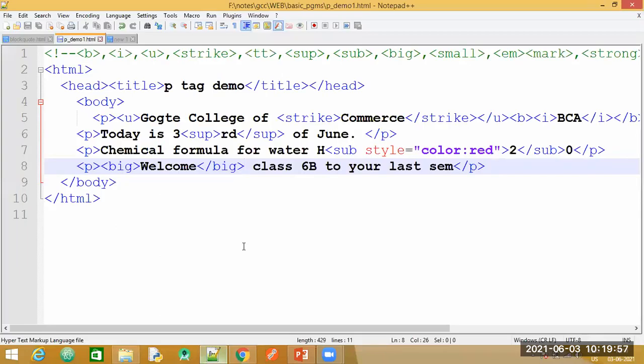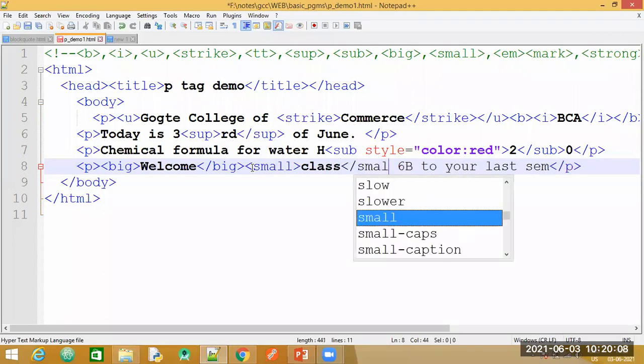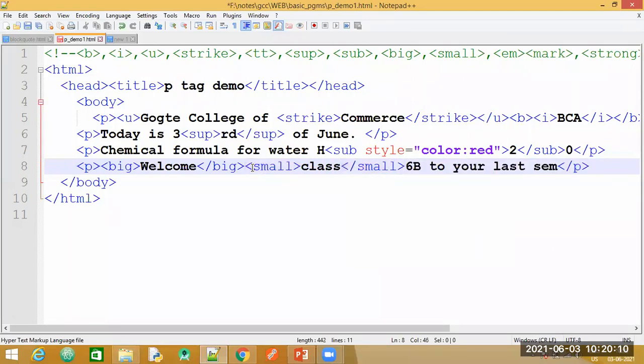Let us apply the small tag for the word class. Then we have the EM tag.